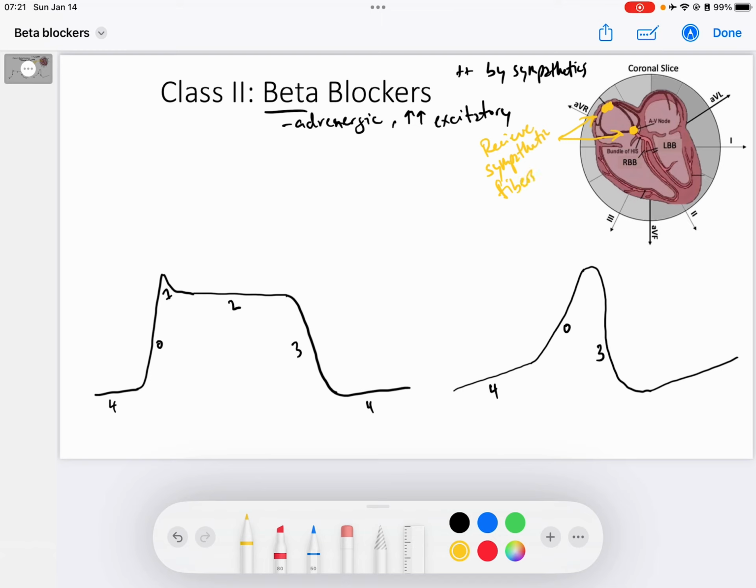By blocking the beta receptors on our SA and AV node, if we block these fibers, what is that going to produce? Well, that is going to decrease the rate of conduction